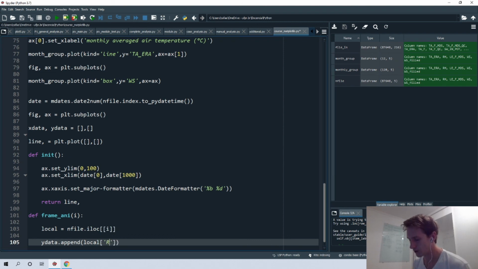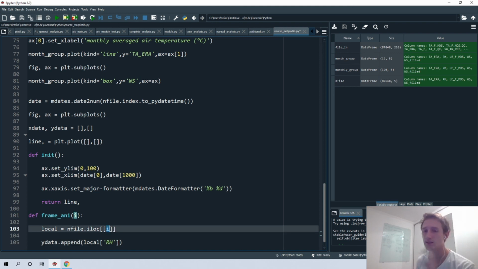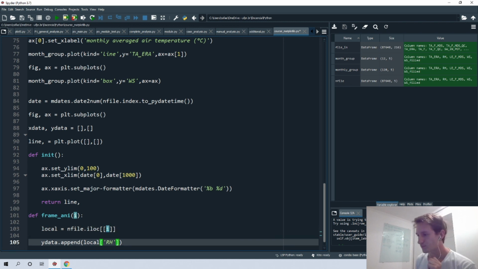So we want information of relative humidity, and in that case we have only a value. Actually, the type of this information is a series, so it's not good. We must have only the number, only the float related to that relative humidity for that time. This relates to the index, to that index. So we must include that. Okay, so we extract just the value related to the relative humidity.